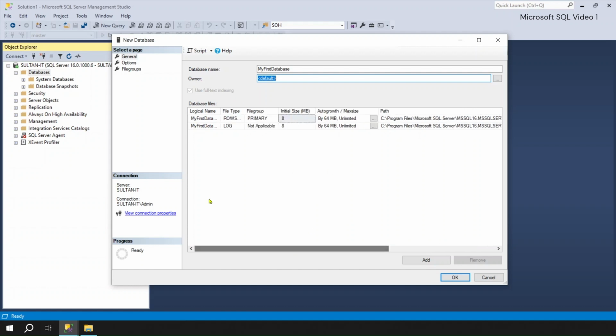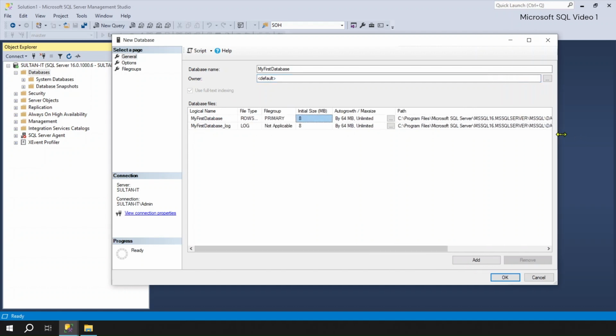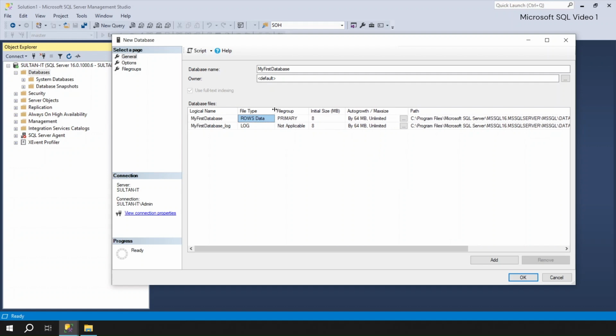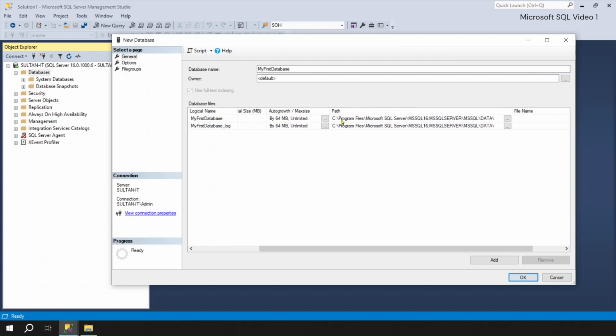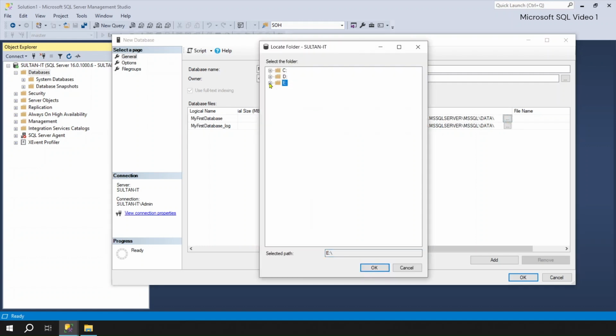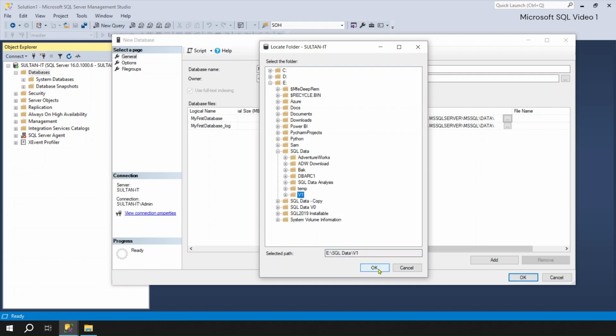file paths. So whenever any database is created, there are always two files. One primary file is for the data file itself, and another one is the log file. Both files are important. If you want to change the path of the files, you can go here, and let's say I want to change the path. I will go here, I will go to E drive, then I will go to SQL data and v1 select,